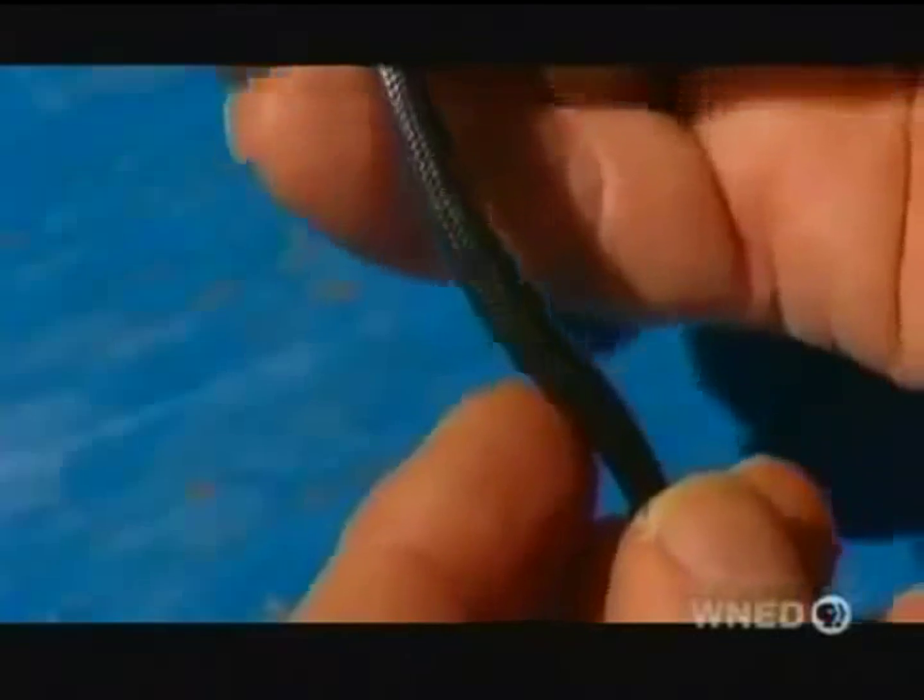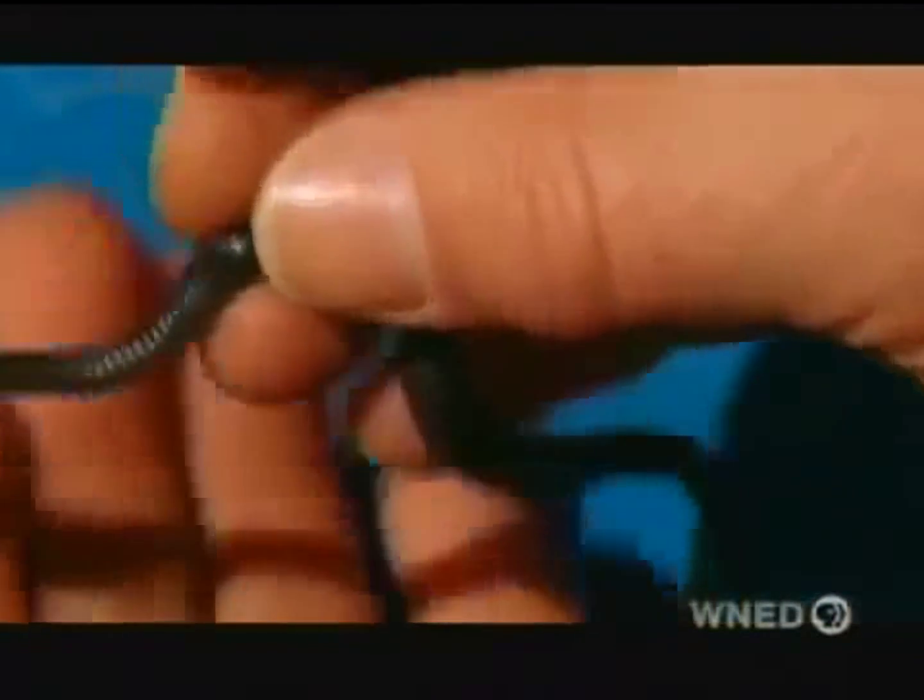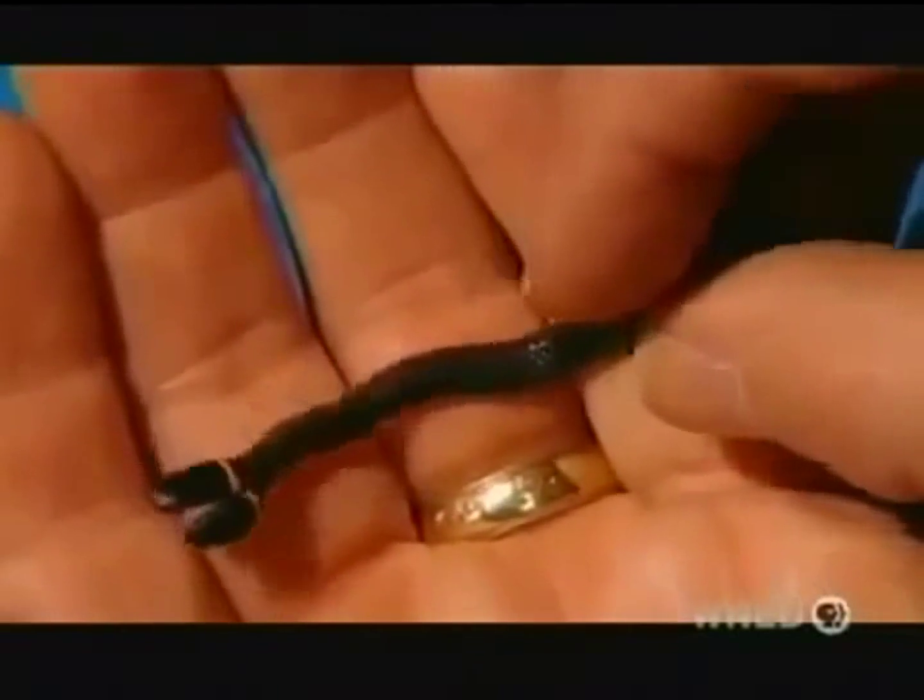It's very interesting how attached people get or not get to their reptilian pets. Most people think, how can you get attached to a snake or a lizard as compared to a fluffy kitten or a cat or dog? But in a way, you really do get attached to these animals, partly because